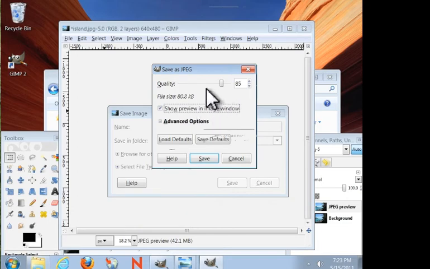So here we have a quality index of 85 and a file size of 80 kilobytes. This is under the 100 that we were recommending. And we can also even reduce this index even further, and we can see how that changes the file size. So for example, here's a quality index of 65, gets us down to even under 50 kilobytes. Let's see how that looks. So let's save,